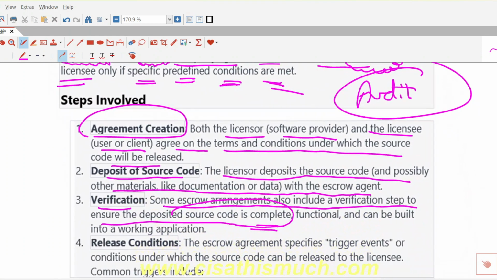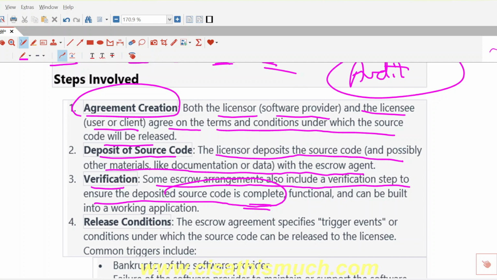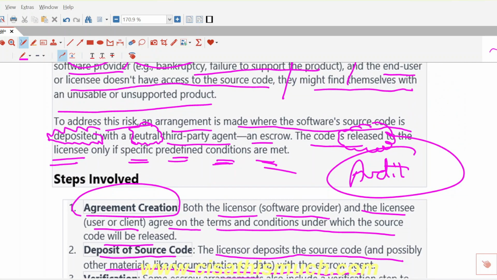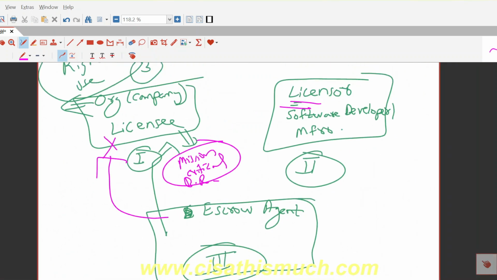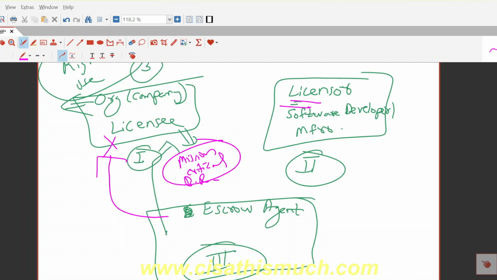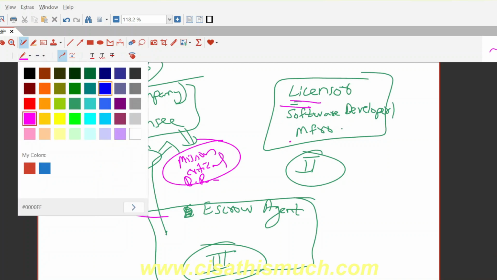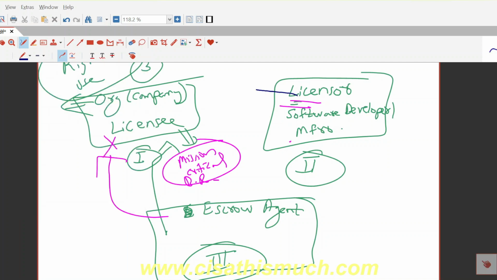Understand one thing. I think this is something we haven't discussed. There would be regular updates to escrow. Let me come to that diagram. Yeah, so this was a diagram. Let's say tomorrow the licensor, let me change the color of this, blue, has released some security patches,